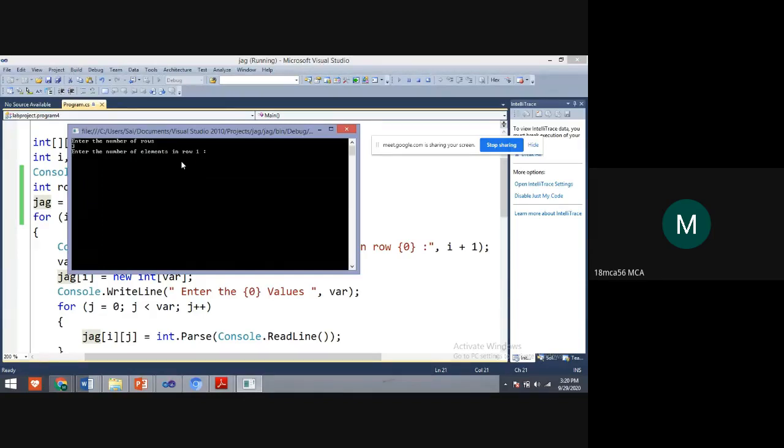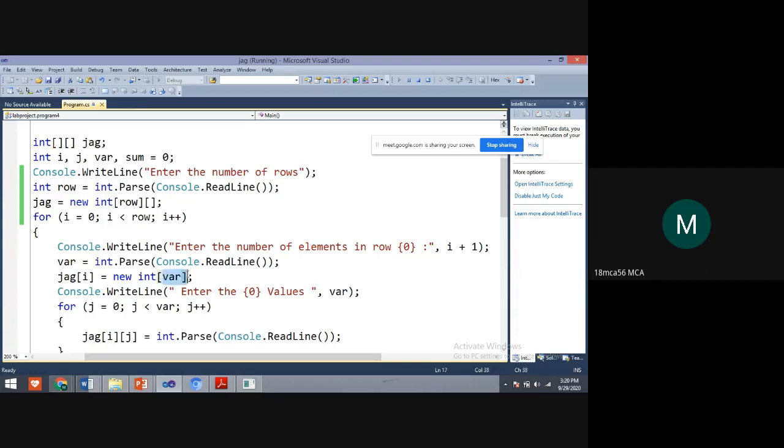I take only one element. Which element? Just now I have taken 2, no? So 2 I'll take. Next, see students, you are understanding, no? From where are we taking this var value, and why? To repeat the inner loop.